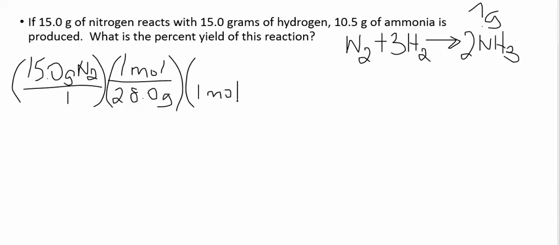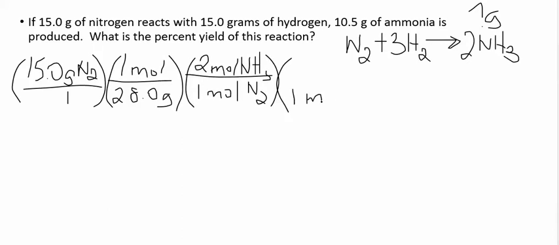So it's 1 mole of N2 for every 2 moles NH3. And I want the grams of NH3, so in 1 mole, the molar mass of NH3 is 17 grams. Okay, so if I start with 15 grams of nitrogen and I do the math, I would get 18.2 grams